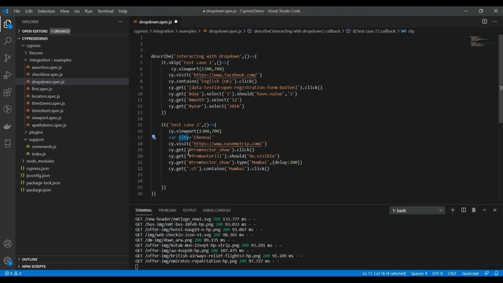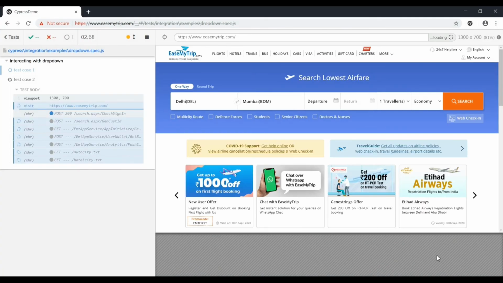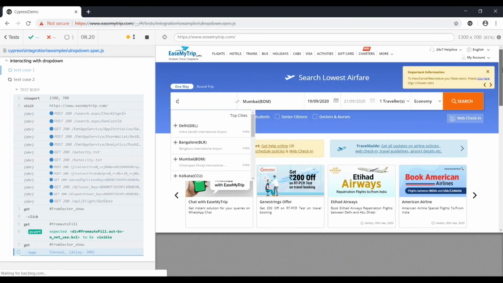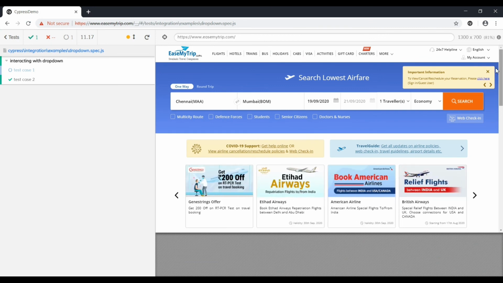Okay, so now we can use this city variable in the type method, as well as in the drop down where results are coming, we can verify it. So now it should type Chennai in the from drop down and select Chennai as a city. So you can see it typed Chennai and selected the value.